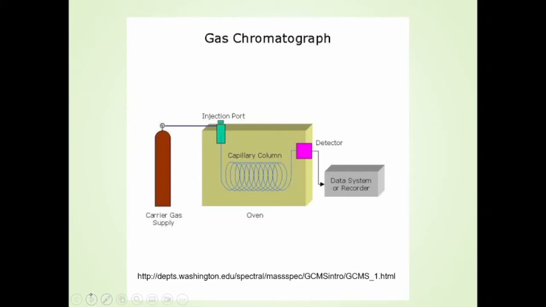You've seen this with the Organic 1. Basically, samples will vaporize. As long as they're in the vapor state, they're moving through that column, but the column is kept somewhat cool, still hot enough so that we get vaporization, but we'll also get the condensing down into a liquid. And as long as it's in the liquid state, it stays there and does not move. Once it vaporizes, it gets carried again. And because the different components have different volatilities, they spend more or less time in the vapor state, and so they go through at different rates and they get separated. And eventually they come out to the detector, and you get